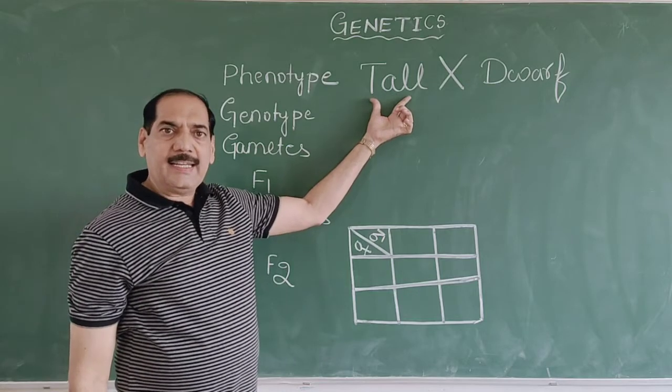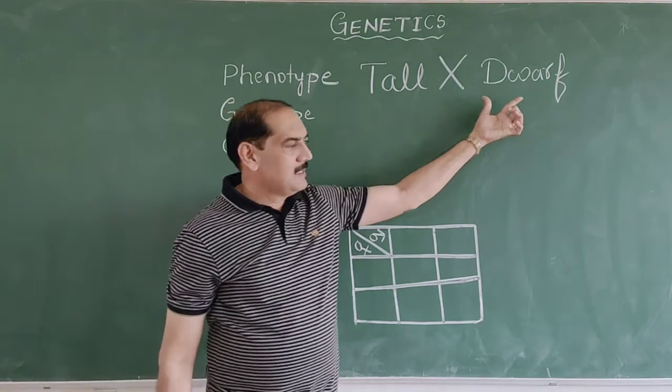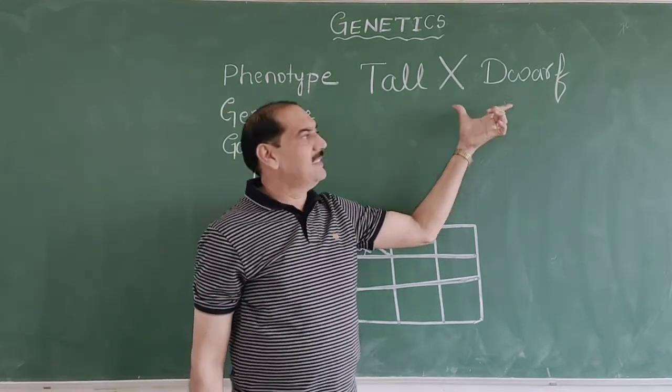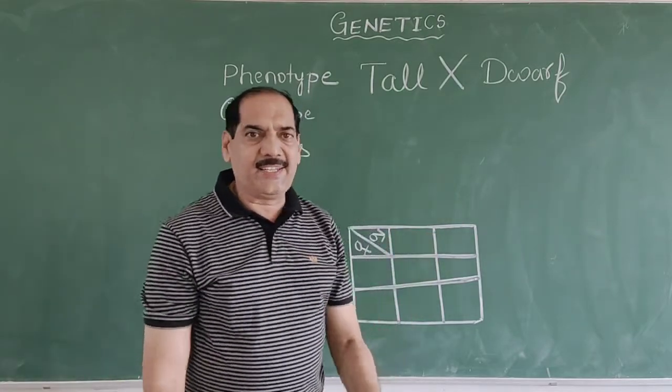Tall is the externally expressed character. Dwarf is an externally expressed character. This externally appeared character is called